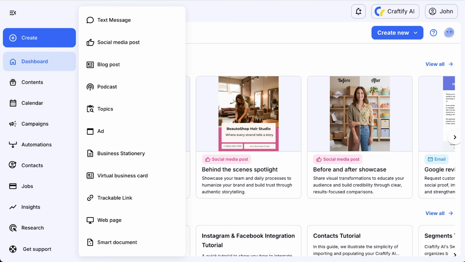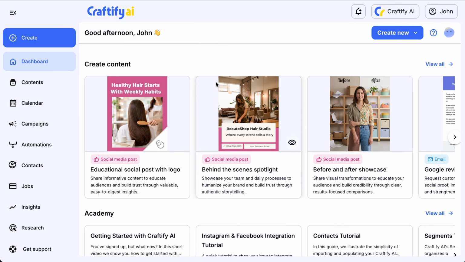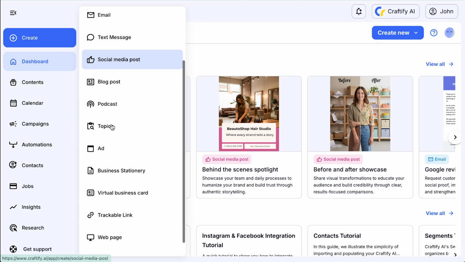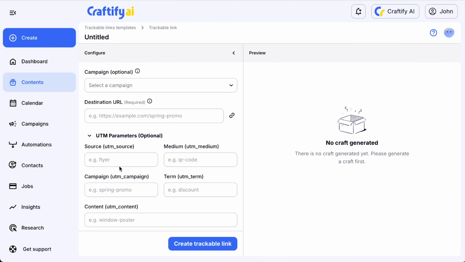In today's tutorial, I'm going to show you how to create a trackable link with Craftify AI, and it's really simple. To get started, we're going to come over here to click Create. We're going to scroll down and find Trackable Link. From here, we're going to use this Configure panel to make sure all of the details are here for our